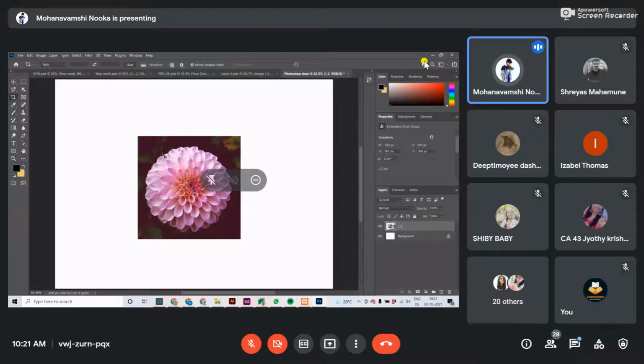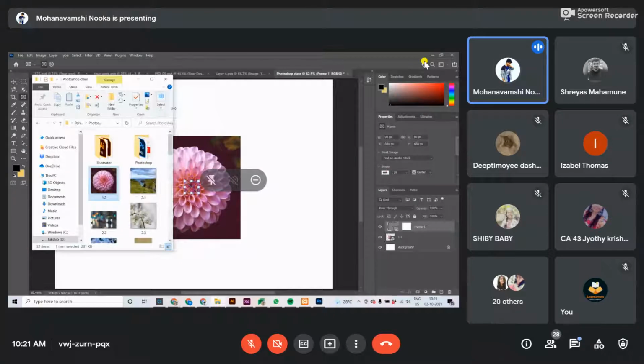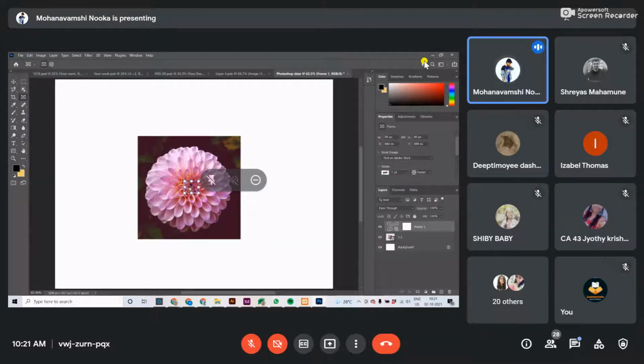Control 0 to come back to the main artboard size, and this is the frame tool. So what is meant by this frame tool? I want to add an image in this, but I don't want to add the complete image. So what I can do is, for example, drag and drop the image in, and it will fit into that frame. We can keep as many frames as we want. We can add directly in that box.